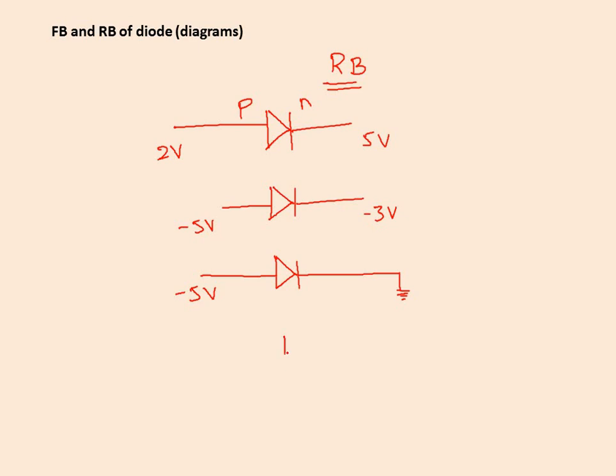Now here one more, I have taken 4 cases now, so I am drawing the same again. 2 volts here, while here I have grounded. Instead of grounded, 2 volt is more, right? Minus 3 is greater than minus 5, and that was the case. So high potential has been given to all the N sides. If you reverse these potentials, whatever we have taken here, if you swap these potentials to this side and these potentials to this side, it will be the FB condition. Are we clear with this?